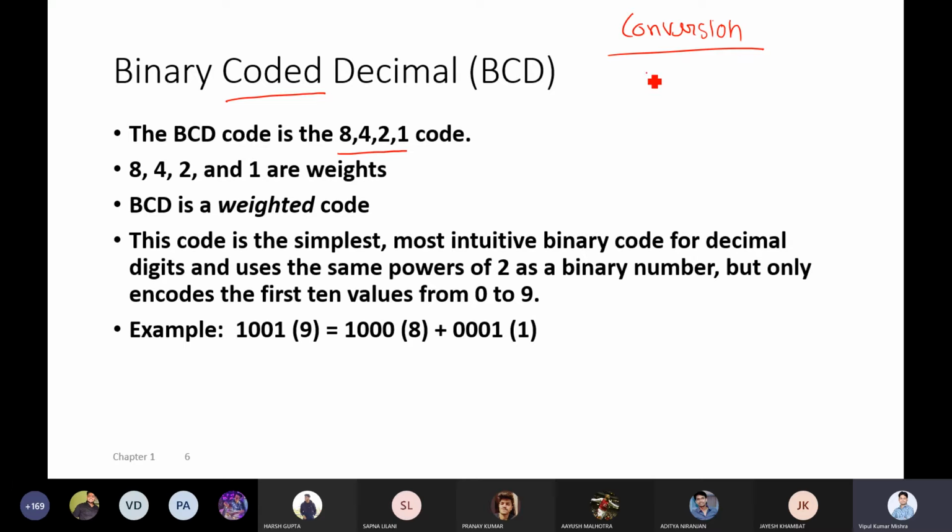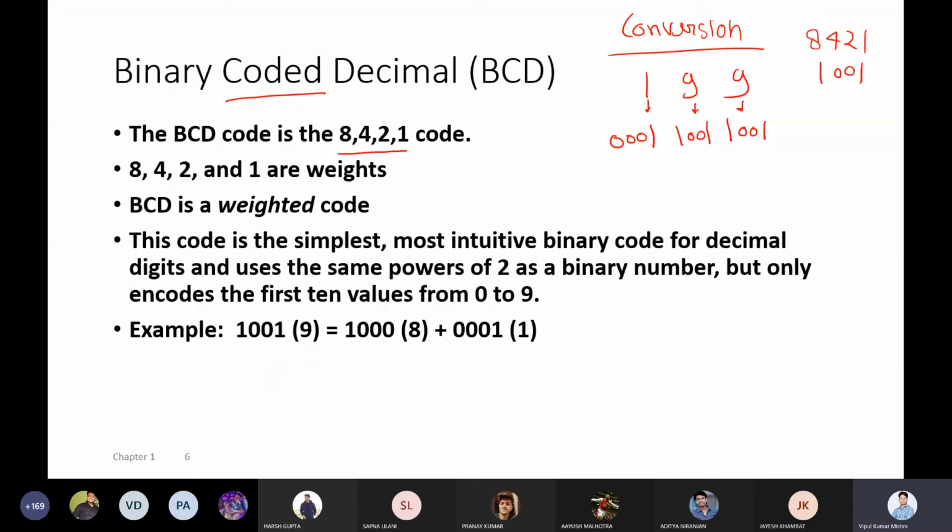So for example, I want to represent 199. How will it be coded? This 9 will be coded with 4 bits based on 8421. So what will that be? 1001. So 9 will become 1001. Another 9, another 1001. This is 1, so it will be 0001. This is 199 in BCD. Here we are taking each individual number and coding it in 8421 coding. Getting? That is known as the BCD code.